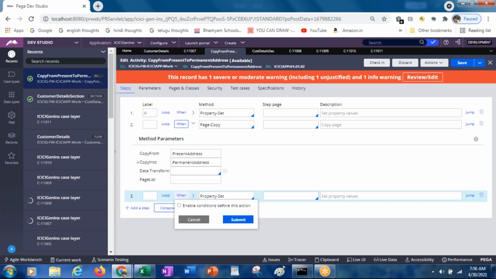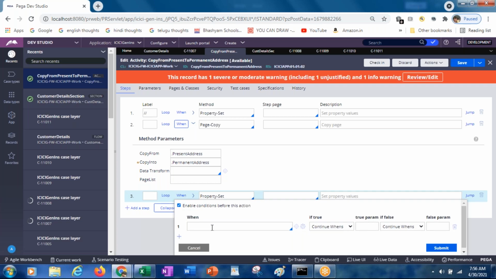Now under the when, enable this condition, is permanent same. Here if it is same, then it is entering into the step and performing this. But this time, if it is same, I want to skip step.